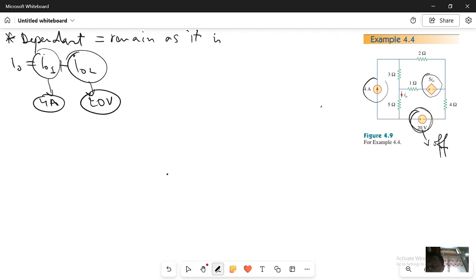This one is what? Voltage source. Voltage source is going to be short. Now let's draw our circuit. We'll have